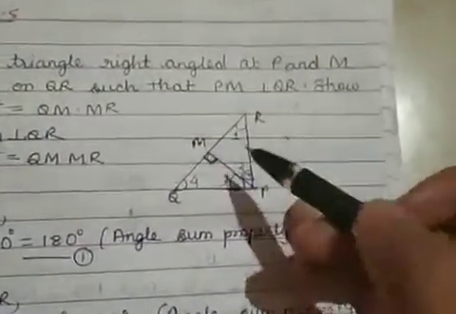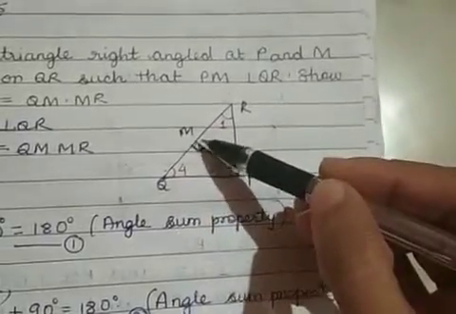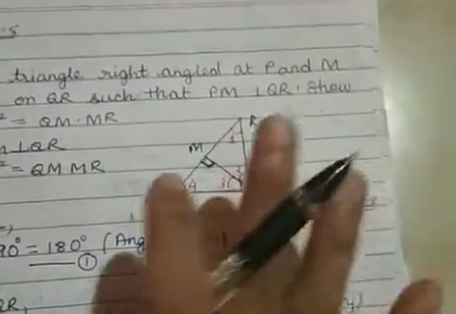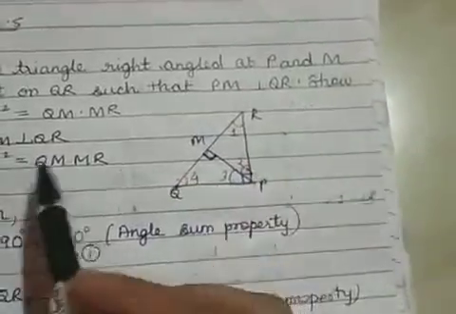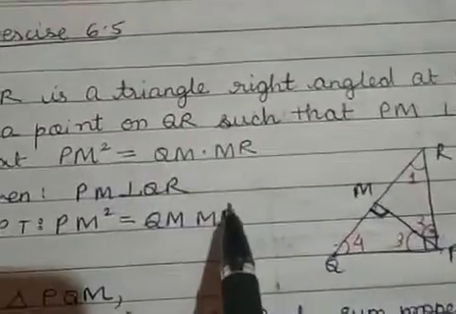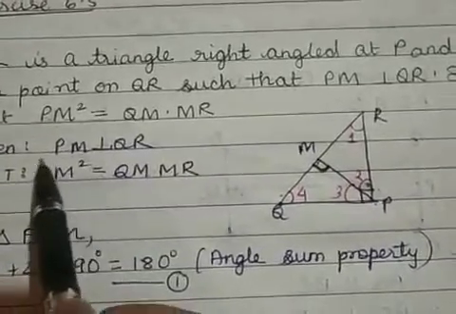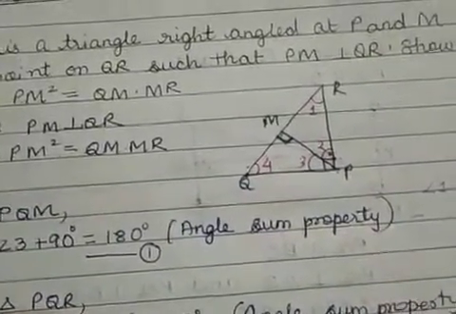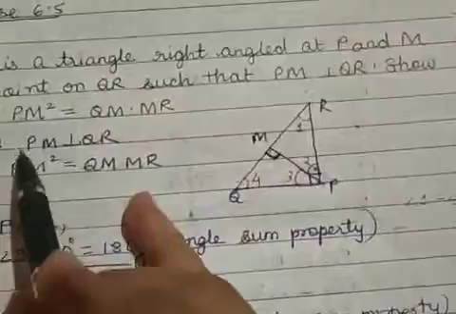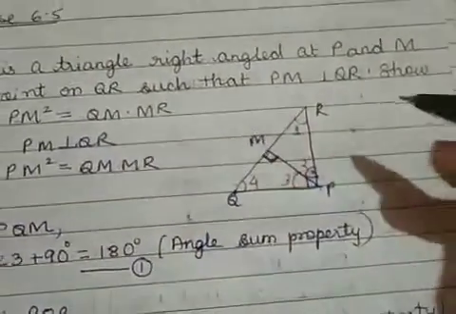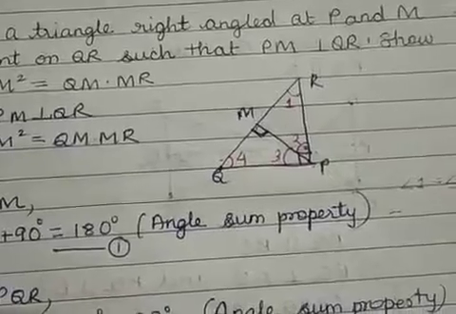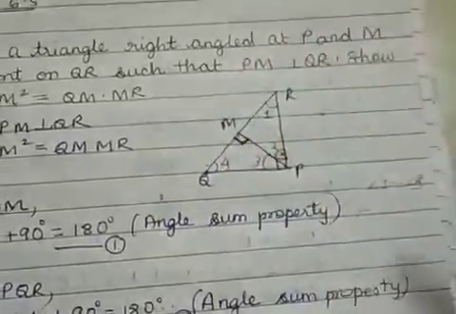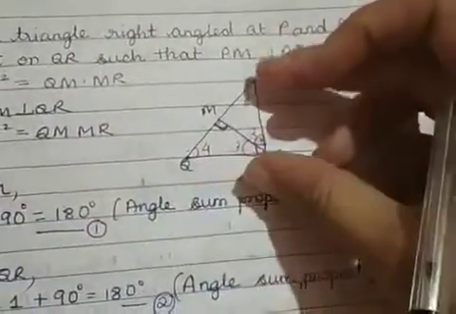Now when you were proving the Pythagoras theorem, you knew that this triangle is similar to this triangle if it is a right angle triangle, correct? We can directly use that similarity property. Here you cannot use Pythagoras theorem directly because it's only PM square. If it was PM square is equal to QM square plus MR square or something like that, then you know you have to use Pythagoras theorem. But it is not like that, so we can use the concept of similarity and prove whatever is asked to prove, but we'll not do it directly.